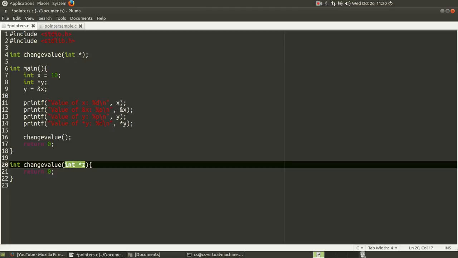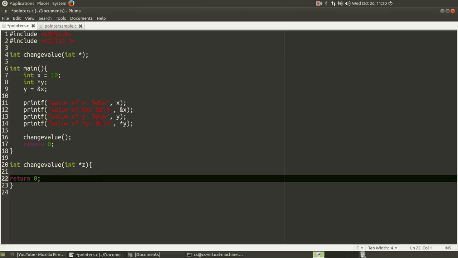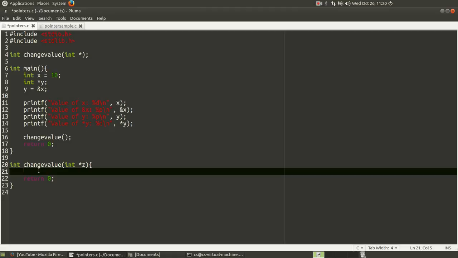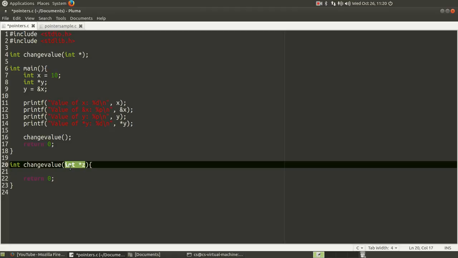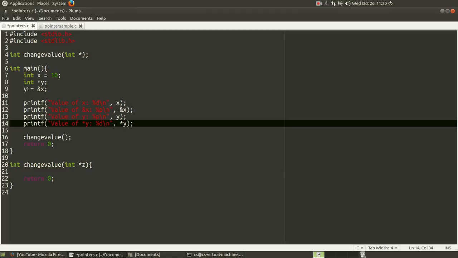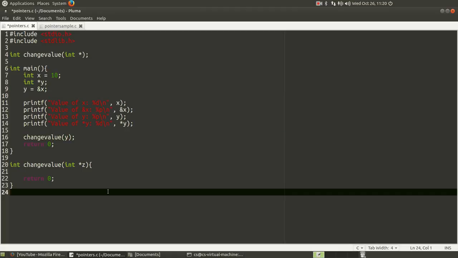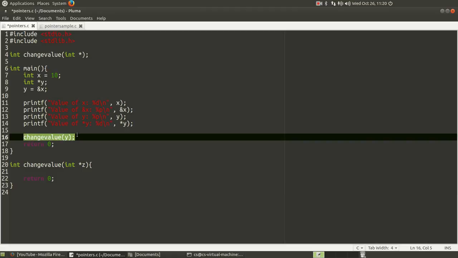So now what we're going to be doing is we're going to be passing in this memory value, okay, in the form of this pointer z. All right, now all this needs to do is be of the right type, right? It has to be a memory address, and that memory address has to hold an integer. All right, so what we're going to send over is we're going to go ahead and send over y. Okay. Let's go ahead and save it. And at that point, what we're going to do,